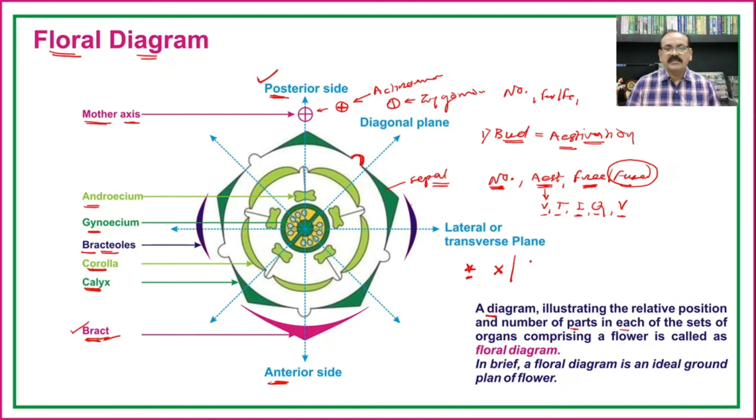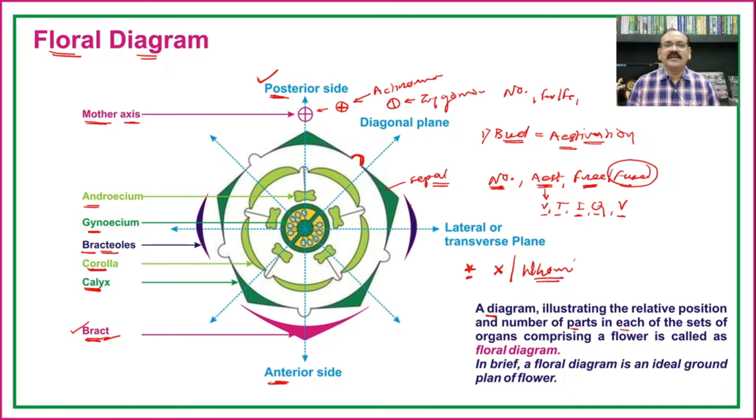In some cases, there is the presence of two whorls of the stamens, and in such cases, there is either diplostemonous condition or obdiplostemonous type of condition. If there is obdiplostemonous condition, we have to draw the stamens of the outer whorl opposite to the petals, and if the stamens are diplostemonous, then we have to draw the outer whorl of the stamens alternate to the petals.